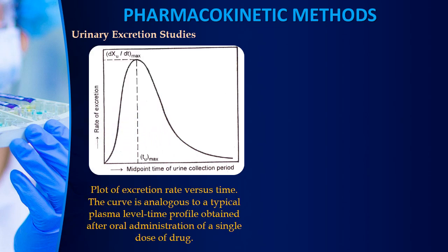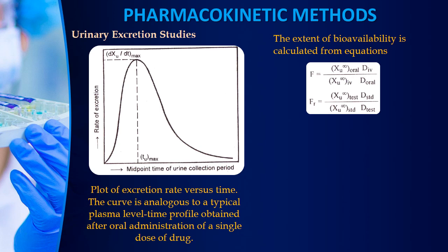This is a graph plotted for excretion rate versus time, similar to the plasma level time study. This curve is an analog to a typical plasma level time curve obtained on oral administration of a single dose. Here, as discussed in the previous slide, dXu/dt max is similar to Cmax, and Tu max is similar to Tmax. So the extent of bioavailability can be calculated by an equation similar to that of the